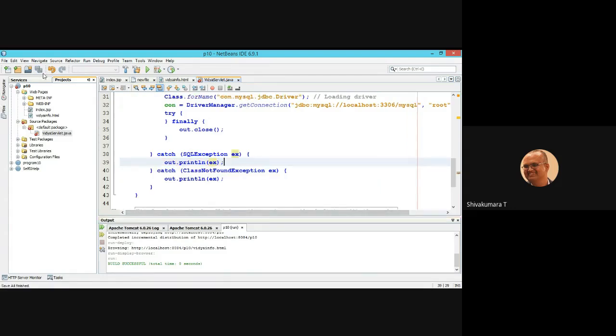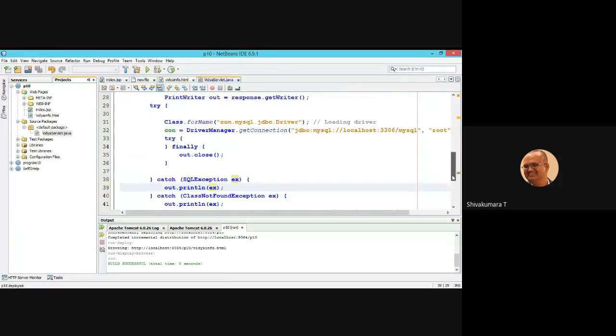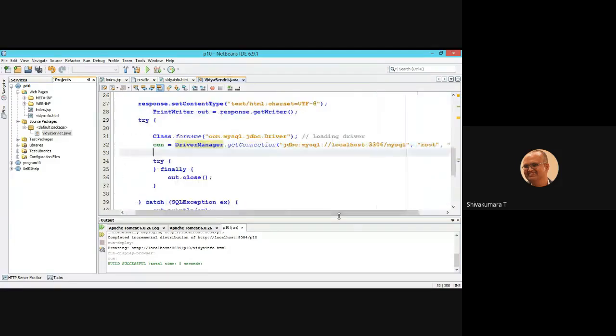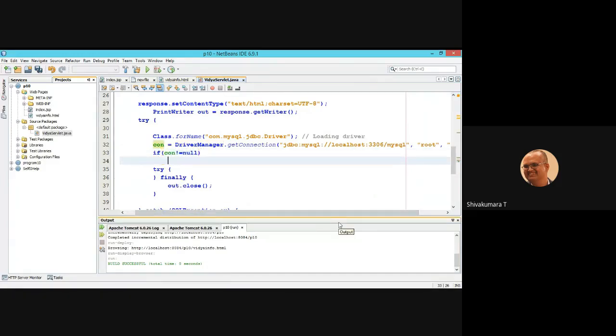Okay. Then after that, the JDBC connection part is whether it is working fine or not. Let us check with a condition: if connection not equal to null. If connection is not equal to null, it should work fine.